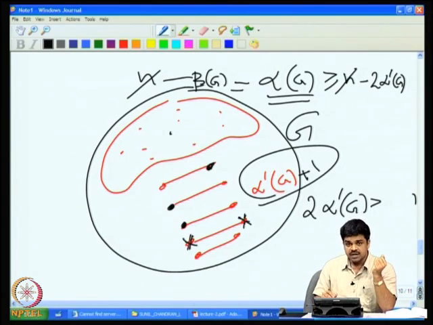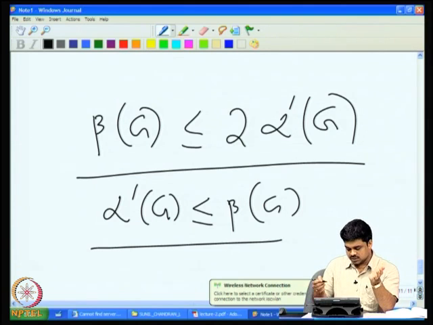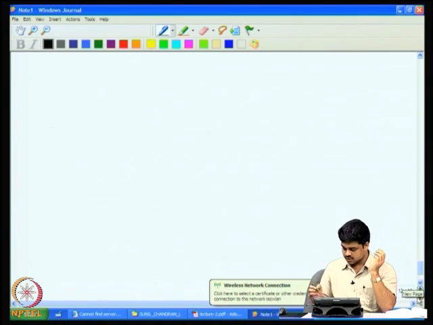So suppose I do not add both of these in the vertex cover, then clearly this edge will not be covered by anyone. So it is a must that either this should go into the vertex cover or this should go into the vertex cover. Therefore the vertex cover cardinality has to be at least as much as the number of edges here, that means alpha dash of g. So that is what I have written here. So the cardinality of the vertex cover has to be at least alpha dash of g, but not only that, it has to be at most 2 times, sandwiched in between alpha dash of g and the double of it. So this is an interesting relation,